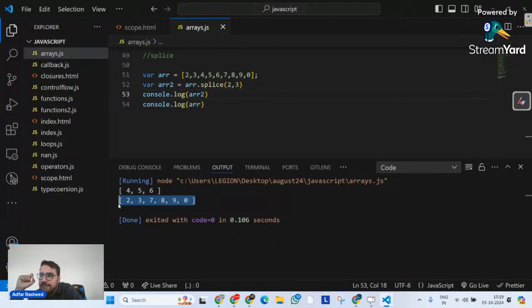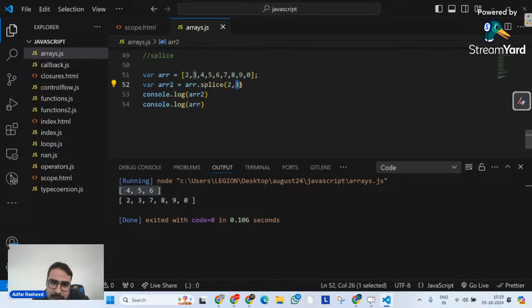When we say the first argument over there, it is a starting index, where from this array should start splicing. So you can clearly see in the first array as well, 4. What is 4? 4 is the starting index. Then the second argument is not the index, but it is a count, how many we want to delete.